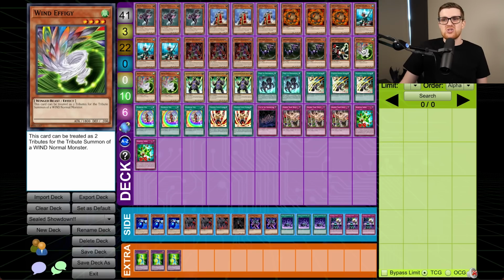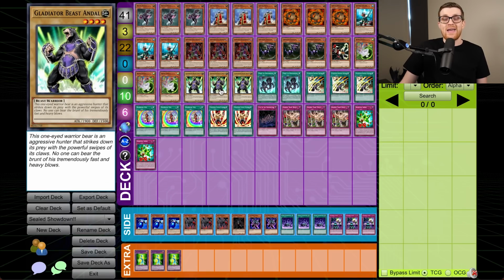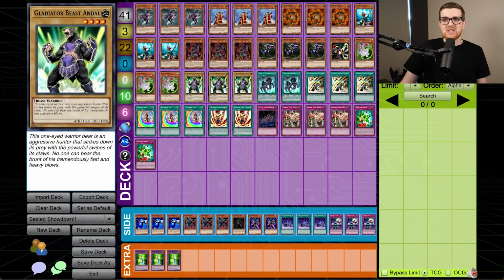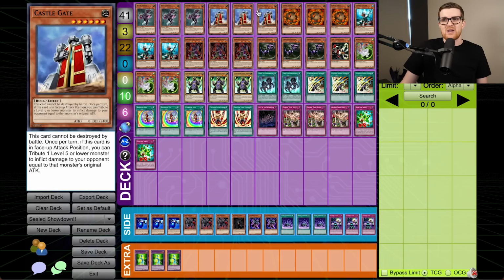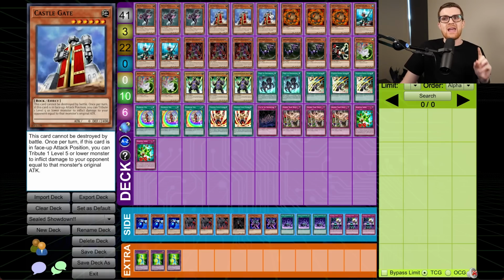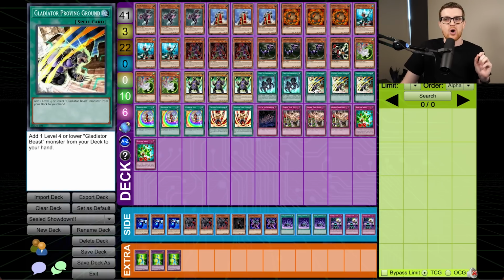3 Wind Effigy, just an 1800 beater, and 3 Andal, a 1900 beater. For the spells, the 2 Fires of Doomsday, 3 Proving Ground just to get to Andal because, you know, consistency, I guess. This is weird. I actually don't even know if I want to play these, because if my strat is just to Castlegate and wall up, then this card actually equals a card that will lessen the number of cards in my deck by 1. And so if we have Castlegate, I'm going to be very apprehensive to use this card,